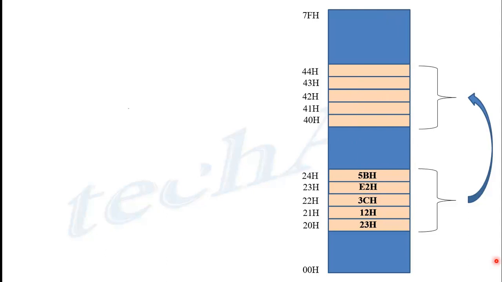To perform this data transfer operation, we have to take two address pointers. One address pointer will point to the source address and the second address pointer will point to the destination address. For example, we'll take @R0 to point to the source address 20H. For R0 to point to 20H, we have to execute the instruction MOV R0, #20H. Similarly, R1 will point to the address 40H.